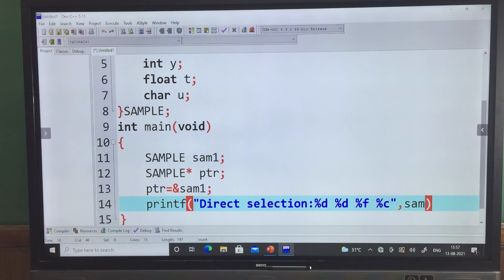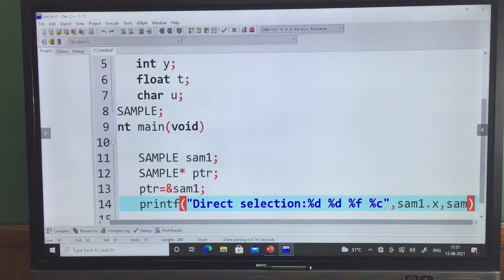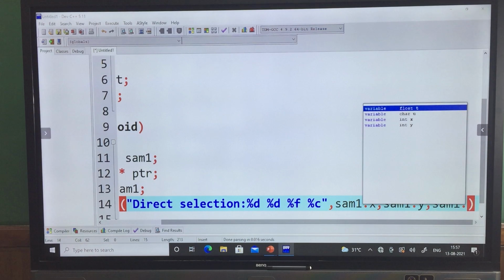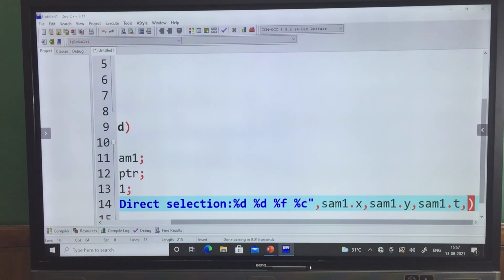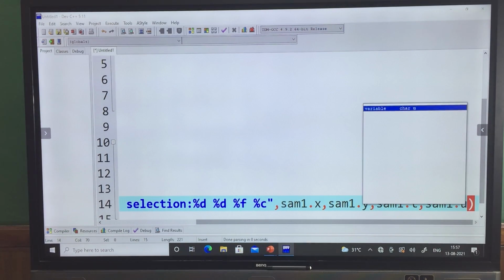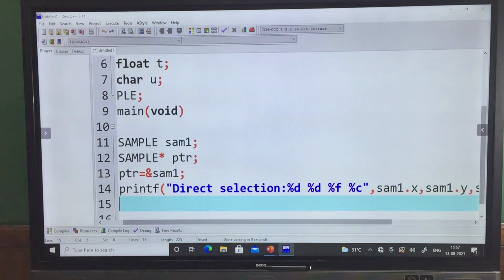In direct selection: sam1.x, sam1.y, sam1.t, then sam1.u. Go to the end and put the semicolon. Next, second line.